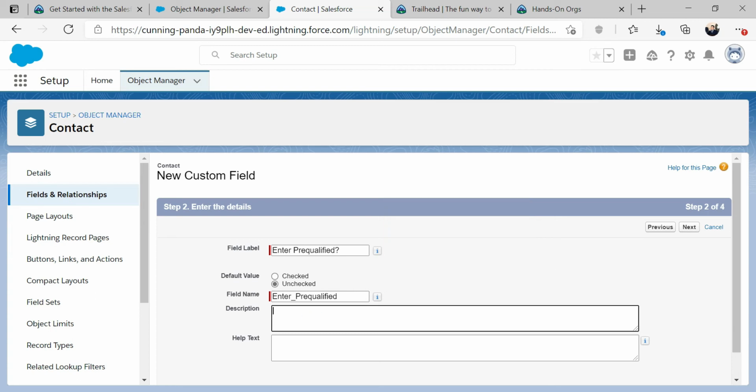And you can put in description, help text. Help text will bring up information when you hover over. Like this is a help text, right? So description, we're not going to put it in since there are no instructions, but basically it's a reminder telling us, okay, is the borrower or purchaser or customer pre-qualified or not. Anyway, so we click next,